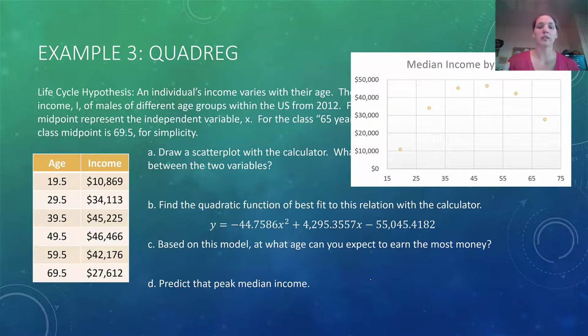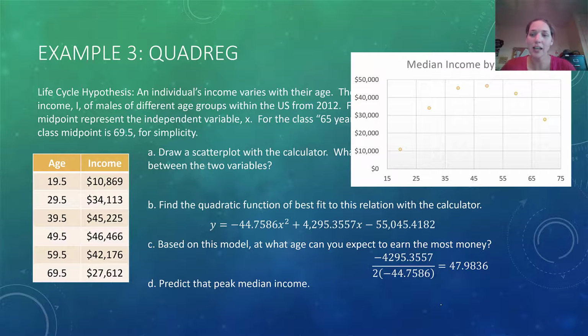But now we're asked to use that model. Okay, so we've got it. Now what does it do? Well, it lets us predict stuff. So based on this model, at what age can you expect to earn the most money? Maximizing any quadratic means finding the vertex. So we're going to find the vertex. Negative b over 2a gives me 47.9836 years old, which